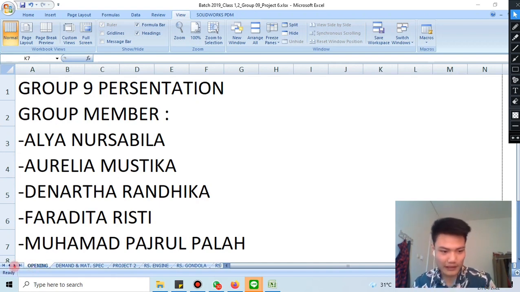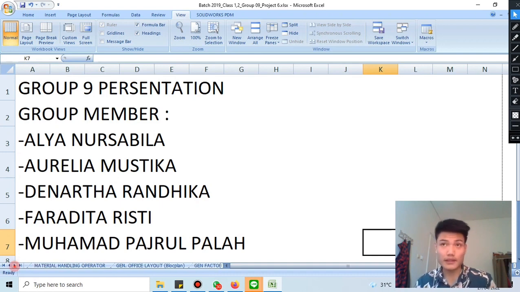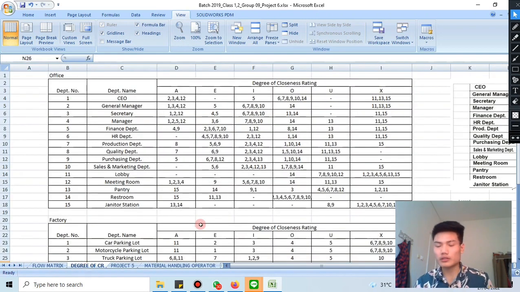Today we want to give you a presentation about how to generate the facility design layout. Here are the data that we need. The first thing is the outsheet itself. After that, the from-to chart and so on, and we can get the block plan as the factory layout. And don't forget to put the degree of closeness rating, because this will make your layout better, and improve the efficiency and productivity also.